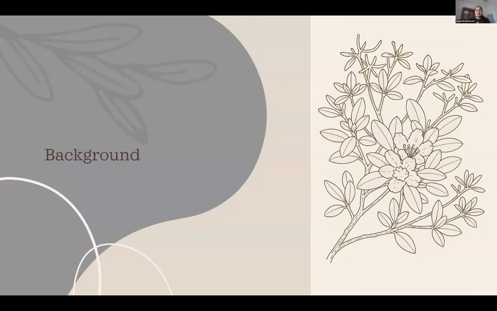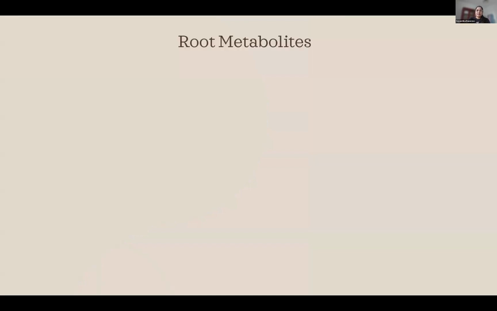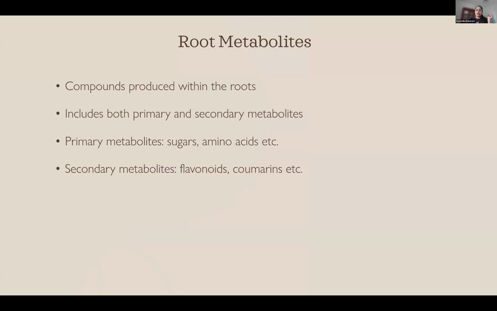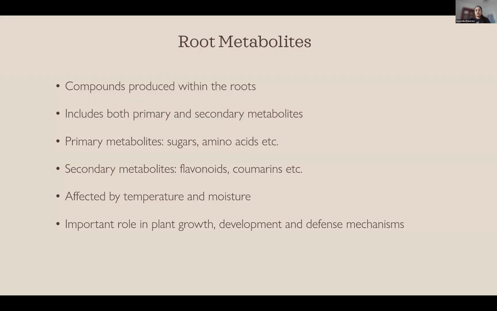With this, I come to a small background of what I'm doing on root metabolites. So what do we mean by root metabolites? Root metabolites means the chemical compounds which are present within the roots, which are produced within the roots. And it includes both primary and secondary metabolites. Primary metabolites include sugars, amino acids, etc., whereas examples of secondary metabolites are flavonoids, coumarins, phenolics, and other compounds. These metabolites are affected both by temperature and moisture. These are important to study because they have a very important role in plant growth, development, and defense and stress